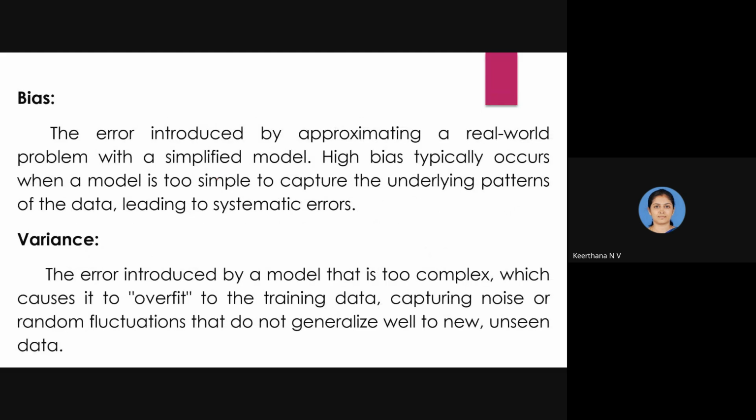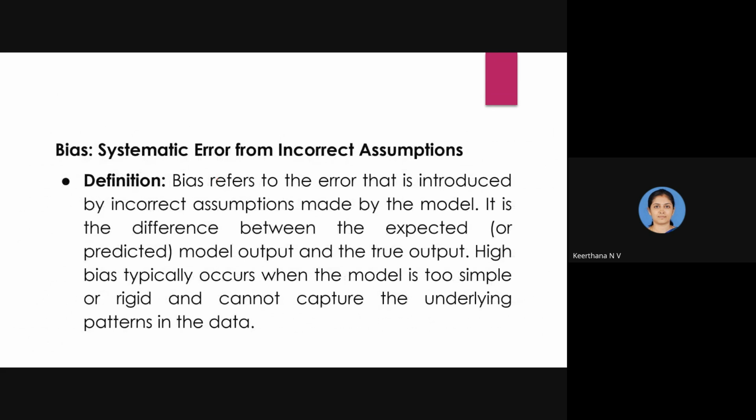So what is bias and what is variance? I have said that while dealing with a simplistic model, the error is bias, and while dealing with a complex model, the error is known as the variance. So bias will usually occur in underfitting, and variance usually occurs in an overfitting strategy. It is systematic error from incorrect assumptions. If your assumptions are incorrect,